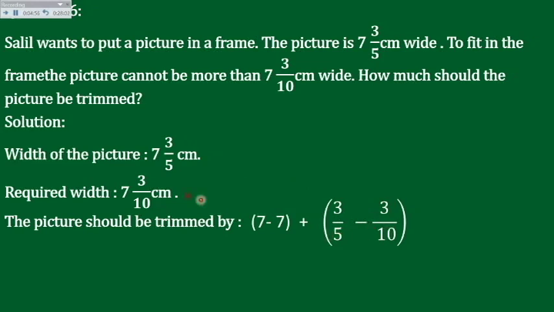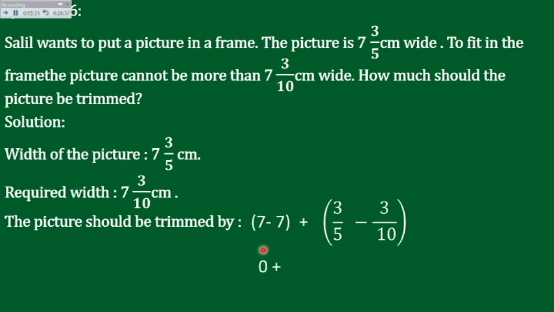In case we are doing addition here, what will we do? We will write a plus sign between both the numbers. Here, 7 plus 7 and 3 upon 5 plus 3 upon 10, when we are performing addition. But in this case we are doing subtraction. That's why we subtract both the whole numbers and both the fractions, and whatever results you get, we will add them. So after this, what will we get?